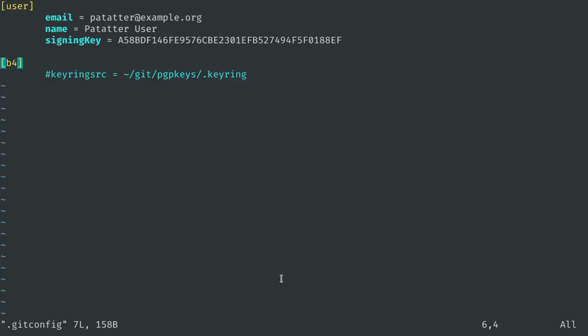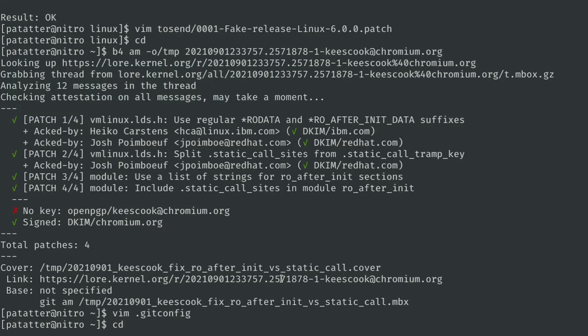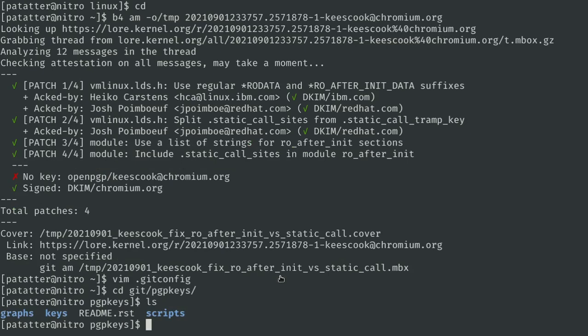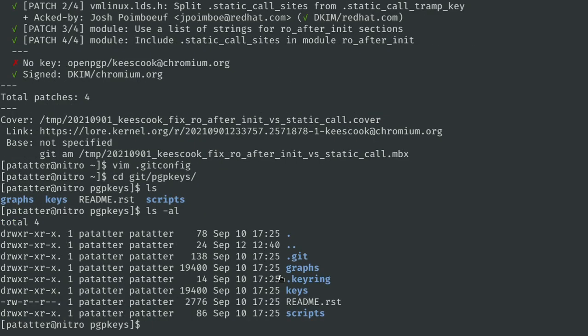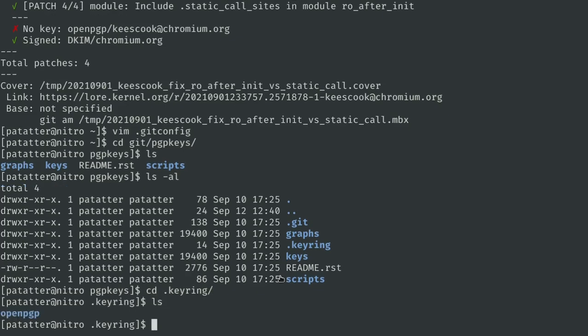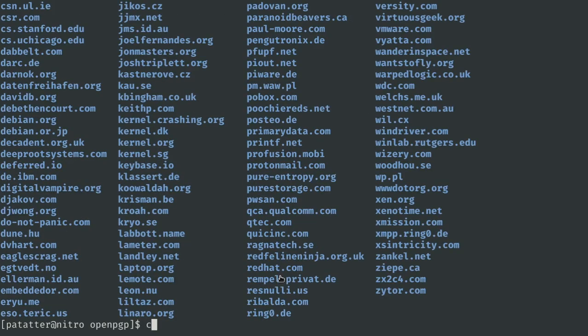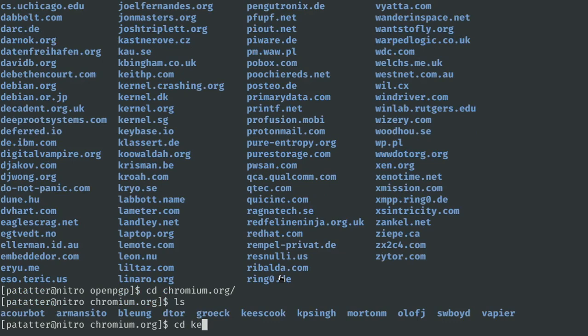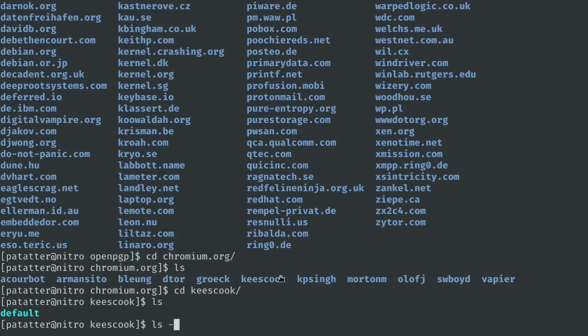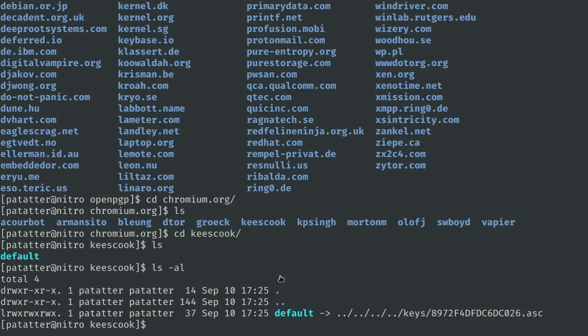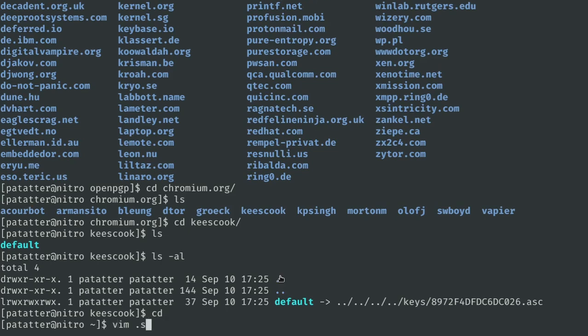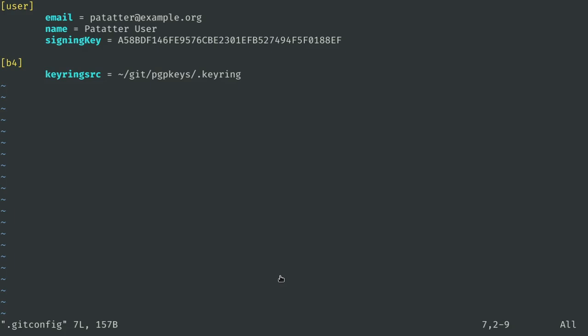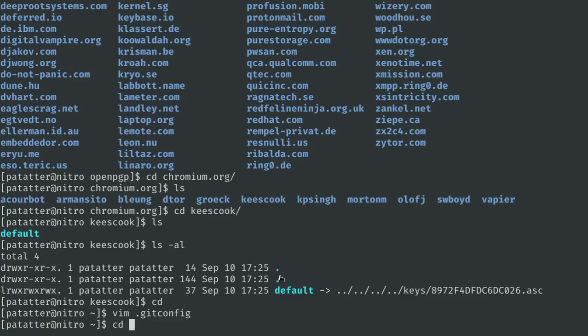Let me look at git config and say, for keyring, look at this repository that we just cloned. And this URL will be in the presentation. And you can see that there's a .keyring. And if we're doing a keyring, openpgp, chromium.org, Kees Cook, and there is a default key that points to the one that we have on file for Kees Cook. So now that we have this keyring source there, right, we're going to rerun the same command,